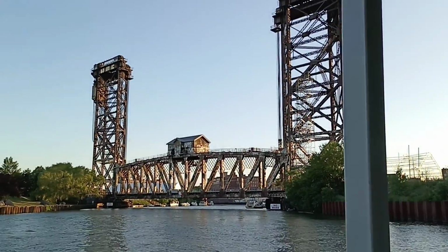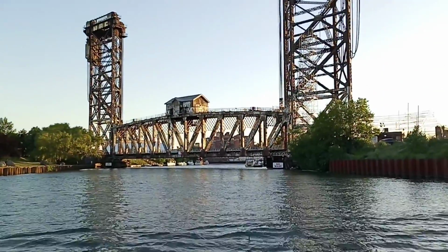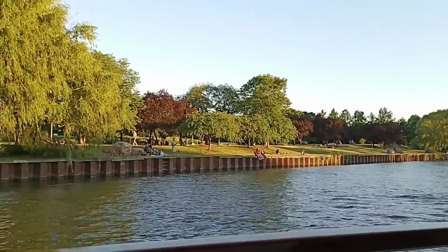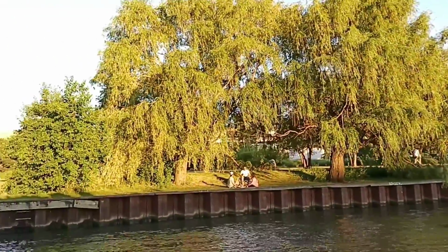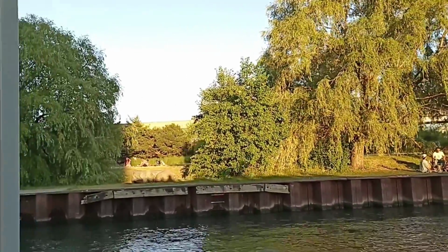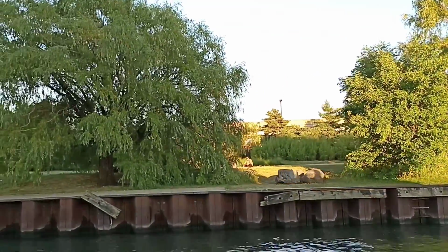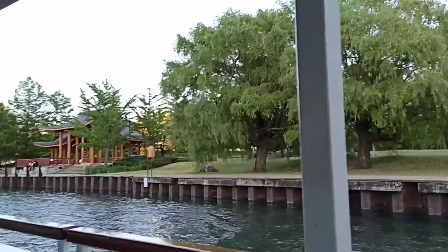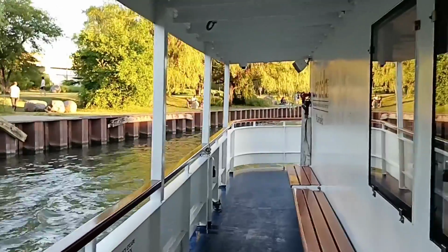It also has another name. That's not a joke. The old Pennsylvania Railroad Bridge. Now, when that old bridge was constructed, they built it in a position where the old Pennsylvania Railroad Bridge was open. Mostly a lot of commerce. So, whenever the old Pennsylvania Railroad Bridge does go up,